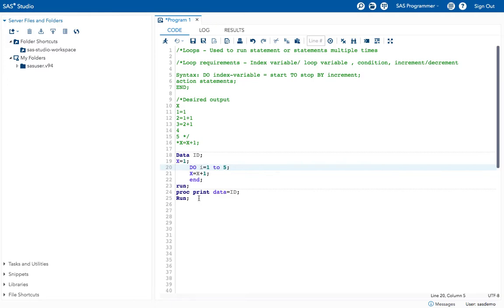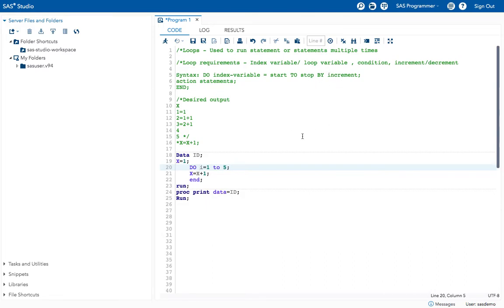And x equal to x plus 1 is the formula that I am using, that is the action statement. Here I didn't give the by increment. If I don't give the by increment, by default it increments by one.